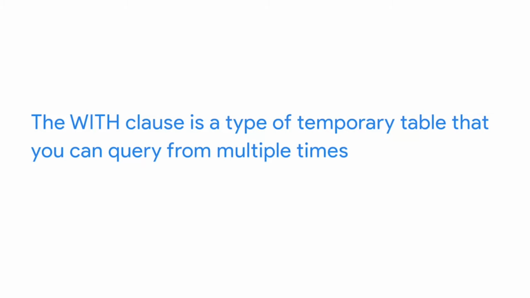There are different ways to create temporary tables in SQL, depending on the relational database management system you're using. We'll explore some of these options soon. For this scenario, we'll use BigQuery. We'll apply a WITH clause to our query. The WITH clause is a type of temporary table that you can query from multiple times. The WITH clause approximates a temporary table. Basically, this means it creates something that does the same thing as a temporary table. Even if it doesn't add a table to the database you're working in for others to see, you can still see your results, and anyone who needs to review your work can see the code that led to your results.